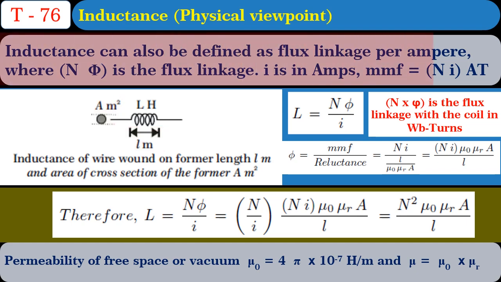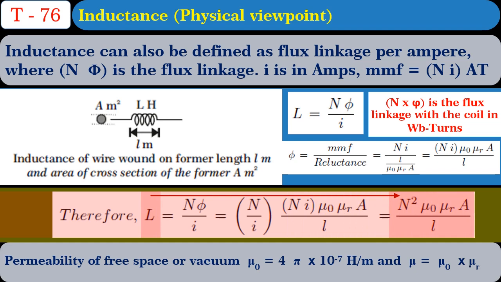Inductance is also defined as the flux linkage per ampere, where N into phi is the flux linking the coil in Weber turns and I is the current in amperes. But we know flux phi is equal to mmf upon reluctance, and mmf is equal to N into I ampere turns. Reluctance R is equal to l divided by mu naught into mu r into A. By substituting for mmf and reluctance and solving, we get inductance L is equal to N squared mu naught mu